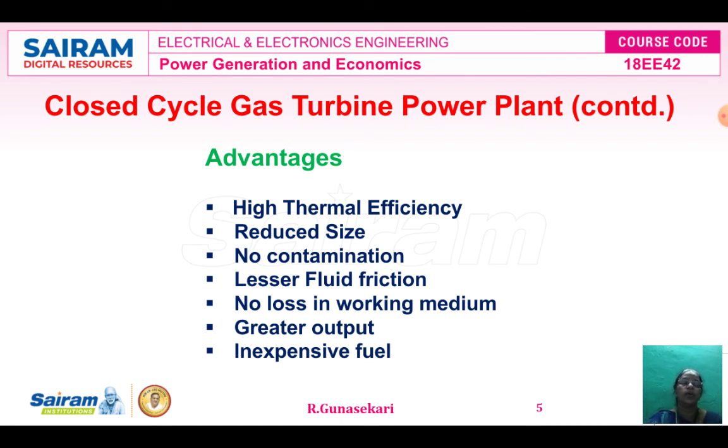Dear students, I hope that in this lecture video you clearly understood the working operation of the closed cycle gas turbine power plant and the advantages and disadvantages of a closed cycle gas turbine power plant. Under this topic, this is how the question will come in the VTU University examinations: explain the closed cycle gas turbine power plant with a neat sketch. So you draw the diagram. The minimum is 6 marks, maximum is 8 marks. Then the split of 6 marks means 2 plus 4. 8 marks means 2 plus 6 only.